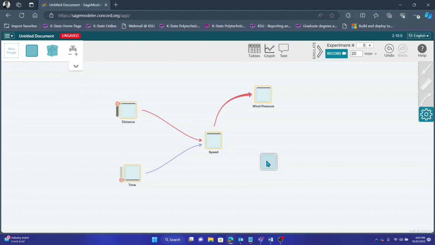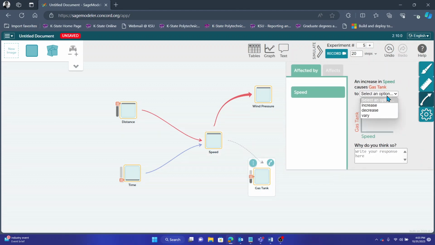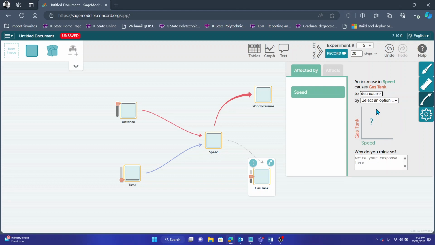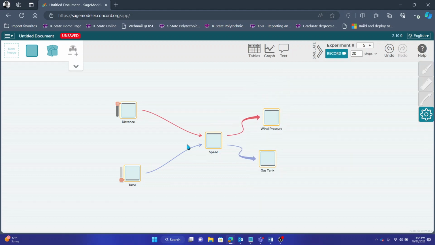So one more thing that I said I wanted to do was create a gas tank. So here's another thing too, which is fun. Speed as it relates to gas tank. So it's going to be decreasing, right? And it's going to be more and more, right? It's going to have this more and more effect on it as you kind of,